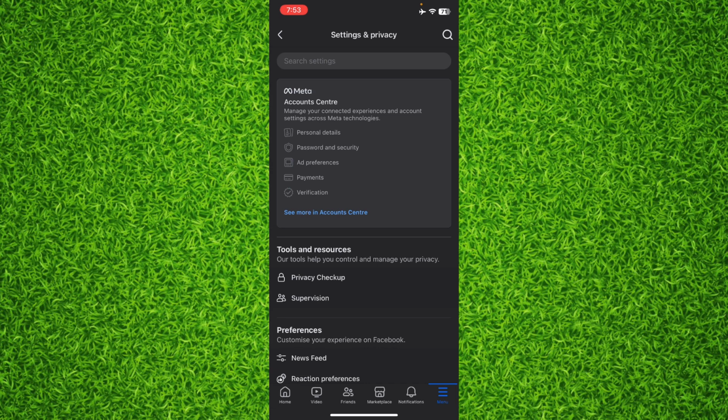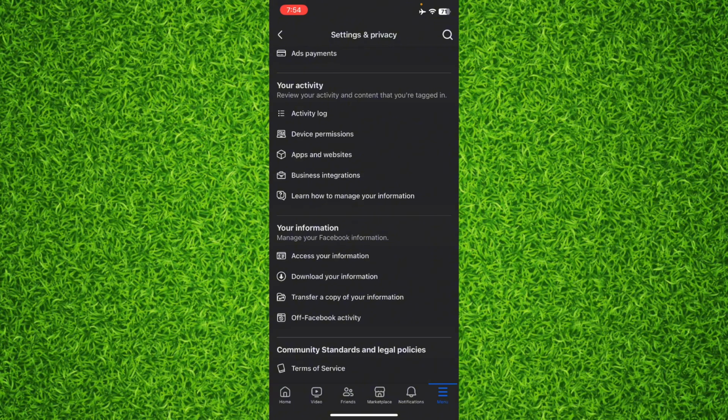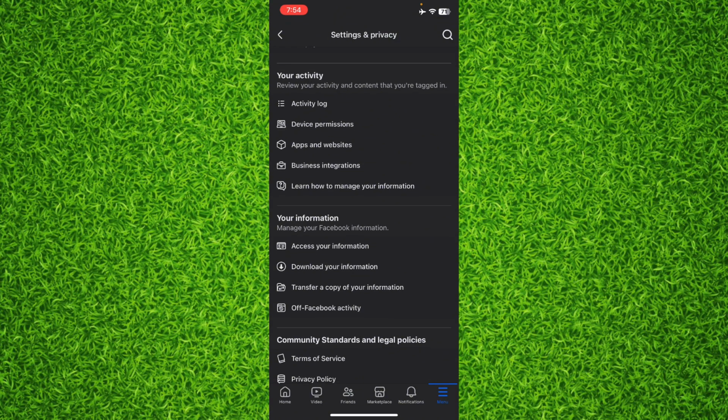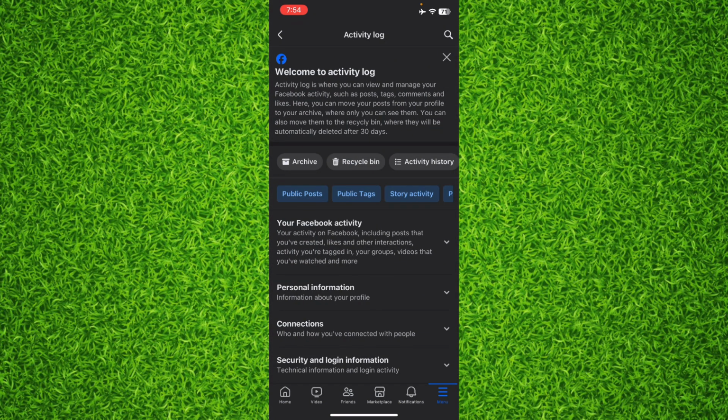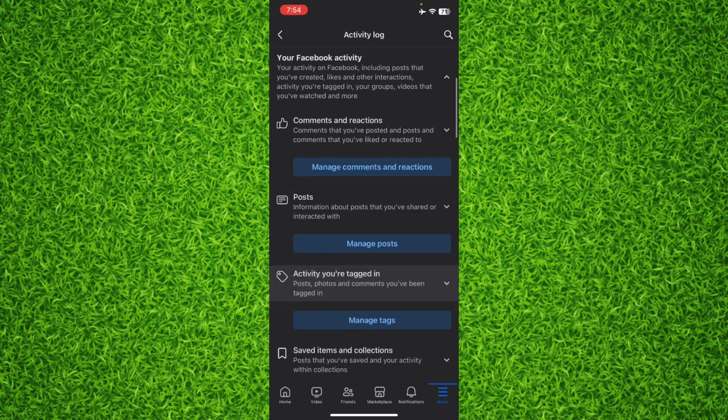Now, once you're on this page, scroll down all the way until you find activity log in your activity section, tap on activity log, and then tap on your Facebook activity, and after that scroll down and tap on manage posts, and it will take you to